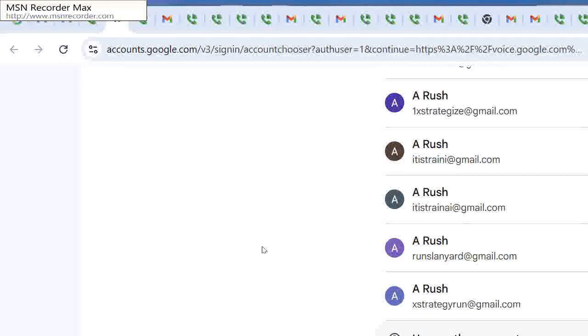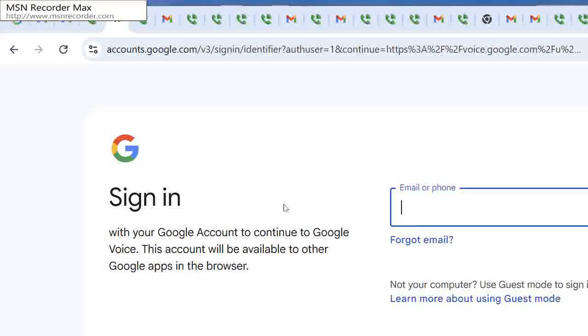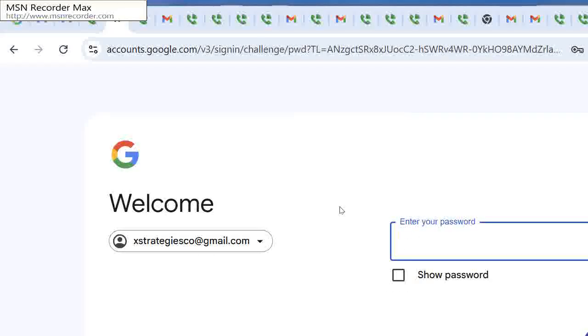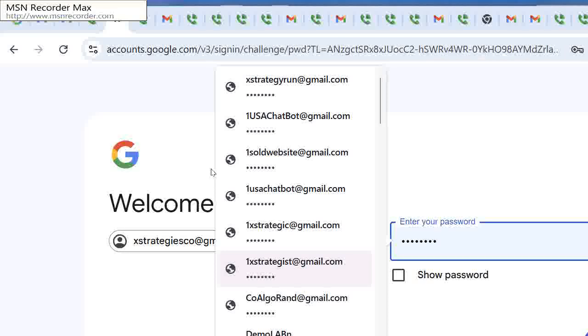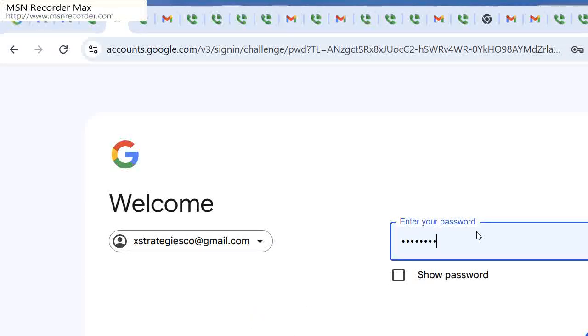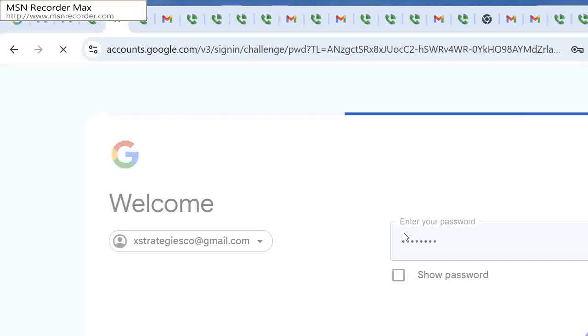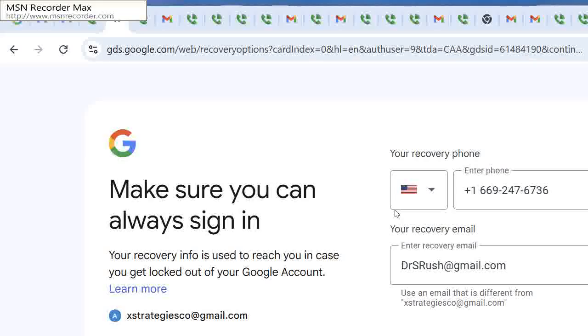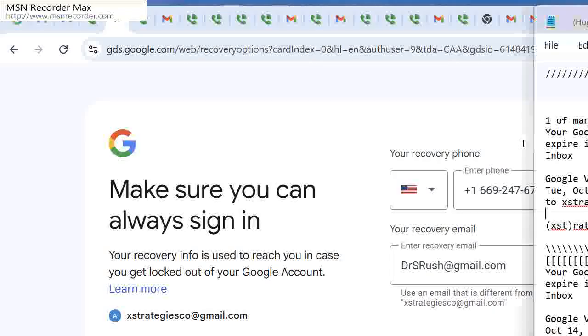and then navigate back to log into that account. So I'm going to click add another account, then scroll down to the bottom to add another account yet, use another account, and then paste the account name, next, to enter the password. And then next again.